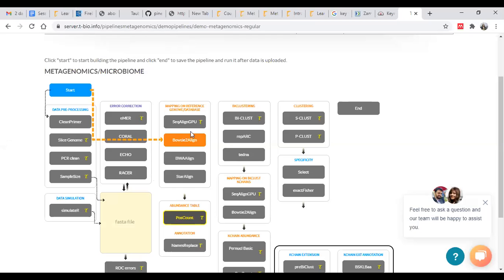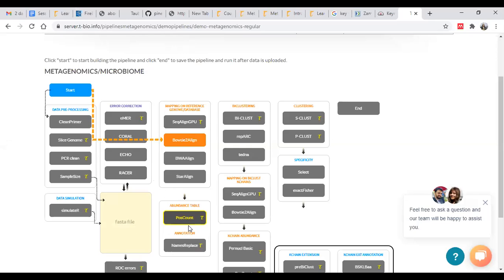Once you are able to align and search your sequence in the Silva database, you are going to count the abundance of the OTU, that is, a particular species. The next algorithm that is getting highlighted is POSCOUNT.